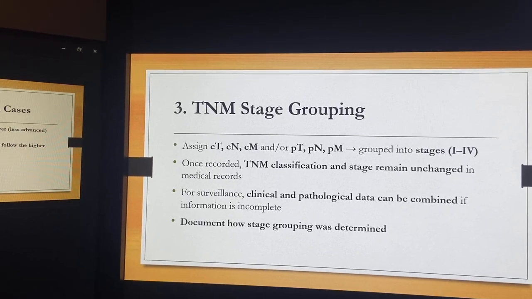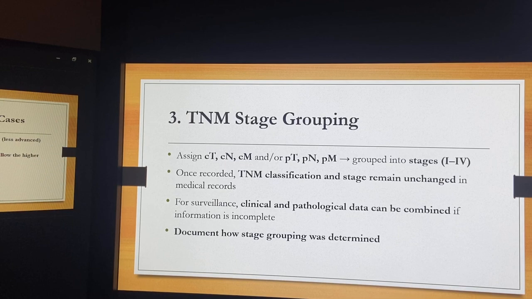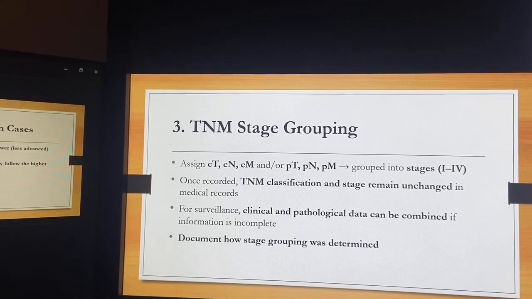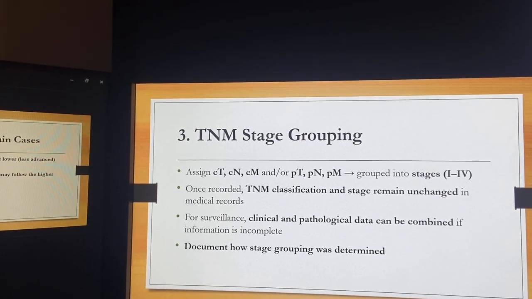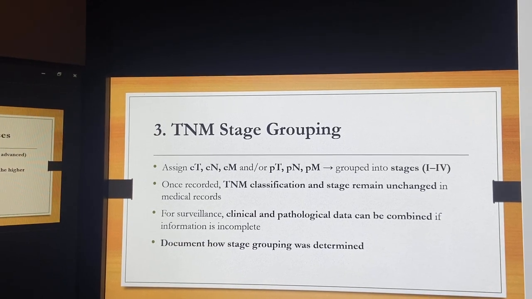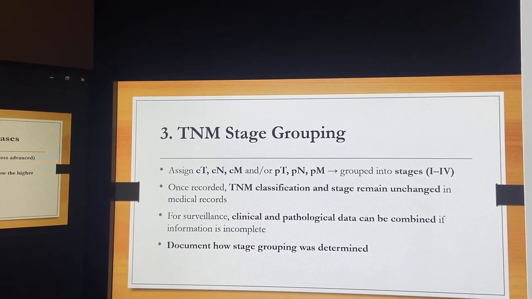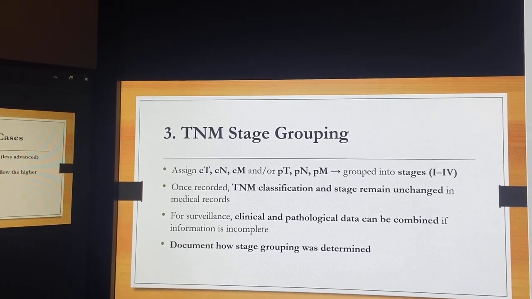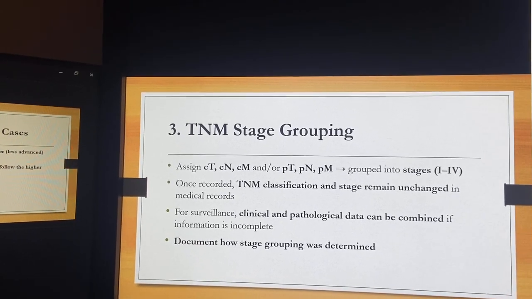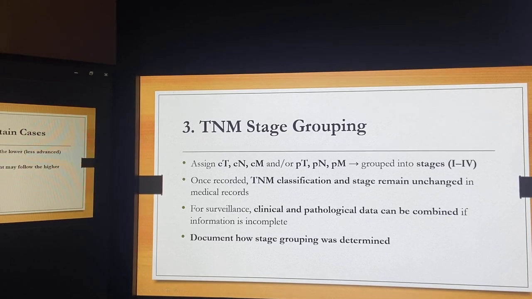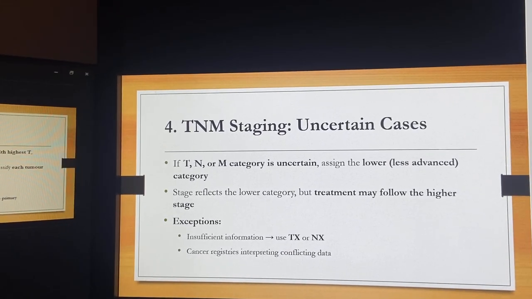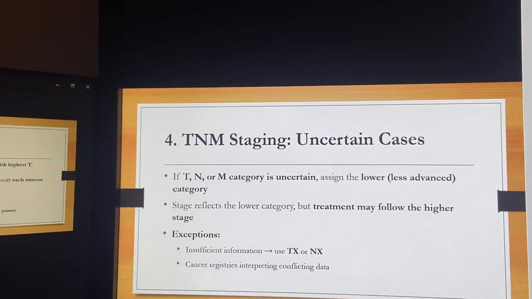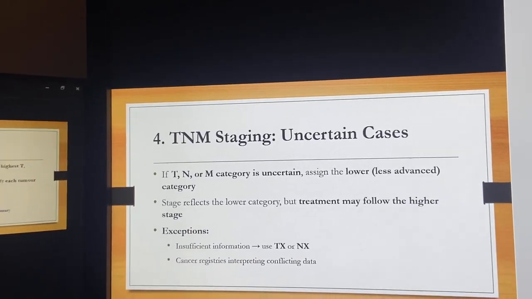Third, once the clinical and pathological TNM have been assigned, they can be grouped into Roman numeral stages 1 to 4. Once recorded, stage must remain unchanged in the medical record. For surveillance, the clinical and pathological data may be combined if either is incomplete, and the method used should be documented. Coming to the fourth, if there is uncertainty between two possible TNM categories, we choose the lower